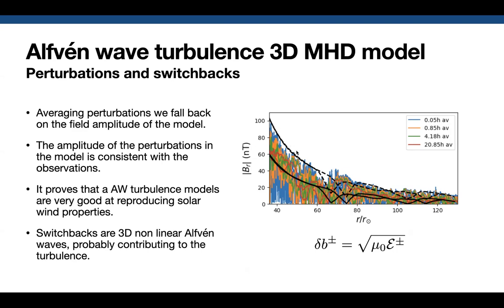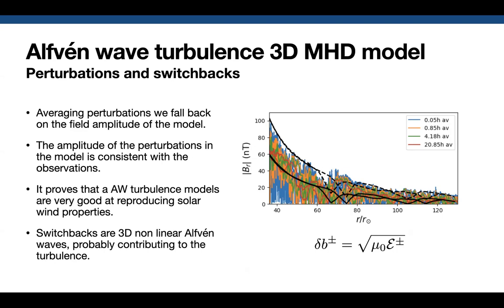And here what is very, very intriguing is that when we plot the amplitude that we expect for the perturbation at a given distance, we really reproduce the envelope that was observed by the probe at the first perihelion. So what it means essentially is that first, the amplitude of the perturbation that we have in the model is